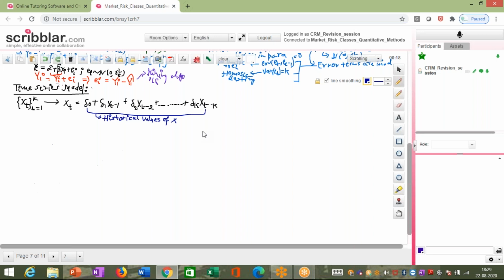Now, it can also be the case that it's only the lag values of the series which impact the values of xt, but it could also be the case that it is the historical values of the historical errors or the shocks, the random shocks, which could have impacted these values as well. So over here, the second set of factors which impact it are,